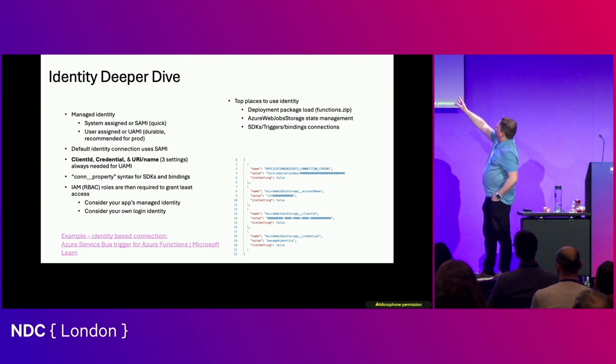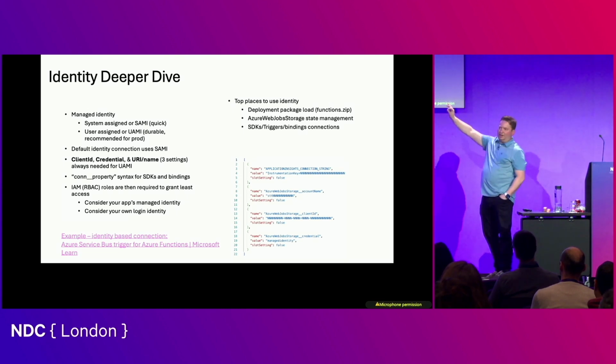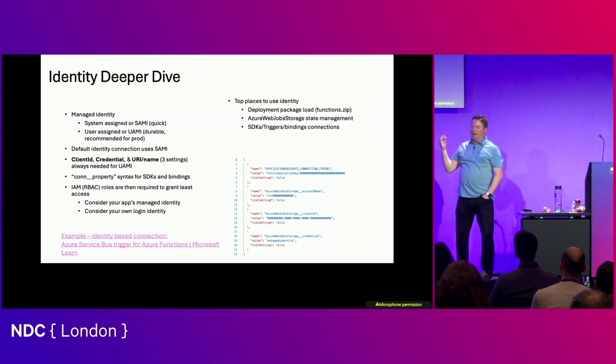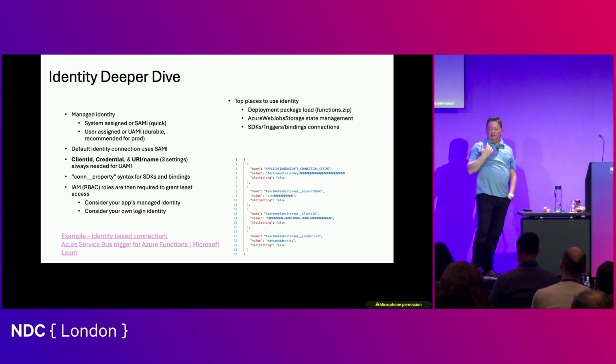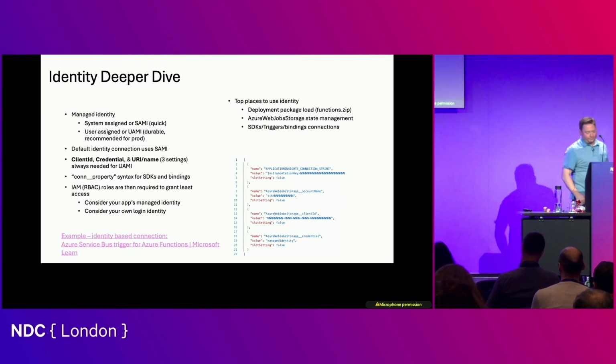Also notice that I'm using the SDK pattern here. So if we have a connection string, in the past it would be like Azure Web Job Storage and you'd have a connection string with a key. Now you have this double underscore, and that's the way in the Azure SDKs to say, hey, I'm setting a property of a connection. So it's basically saying, hey, this is a pointer into the connection, and I'm going to override these values.